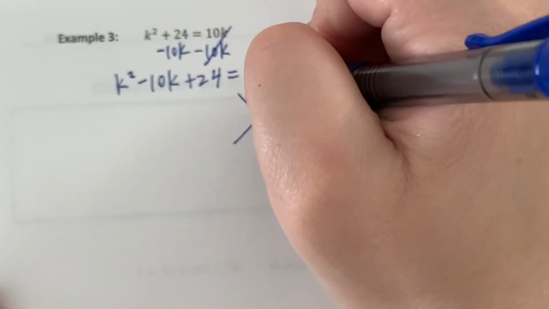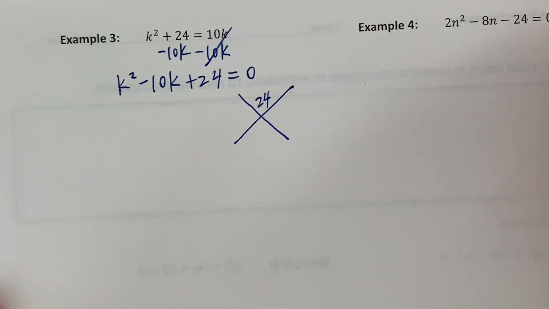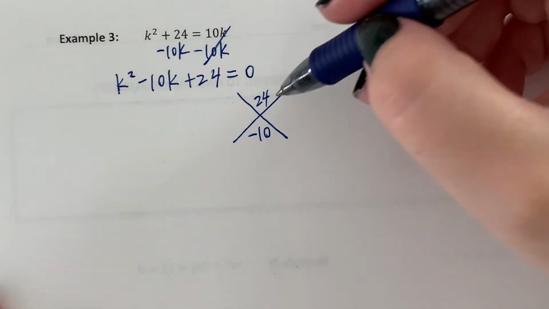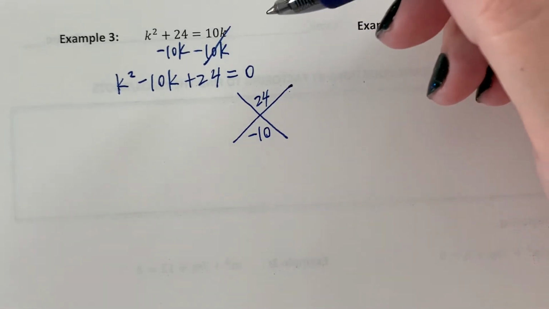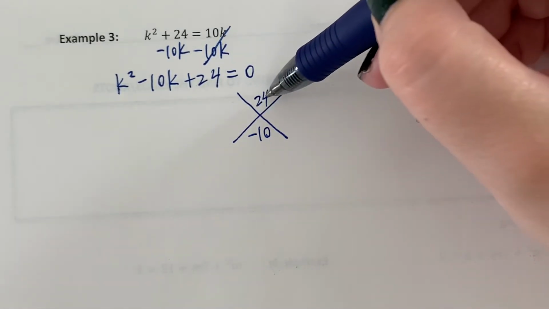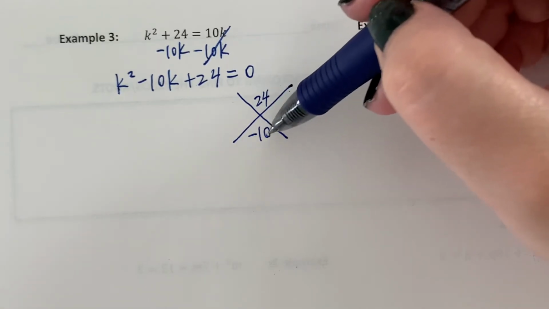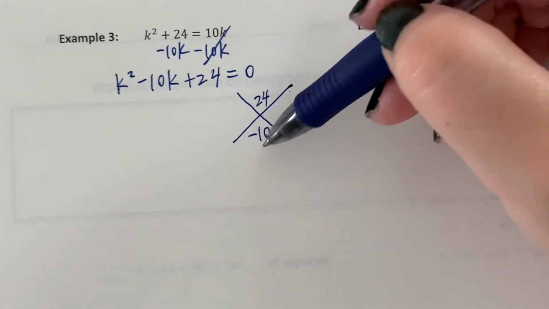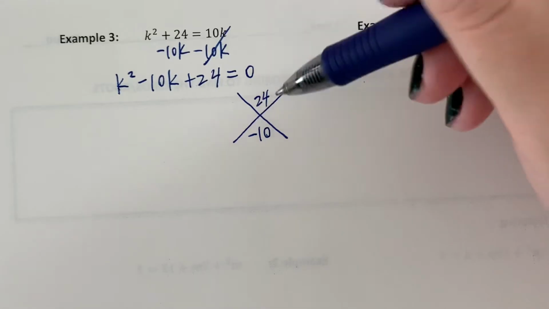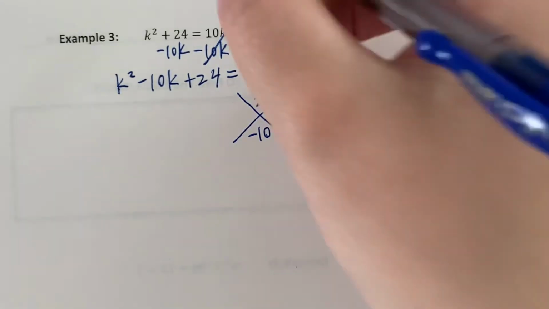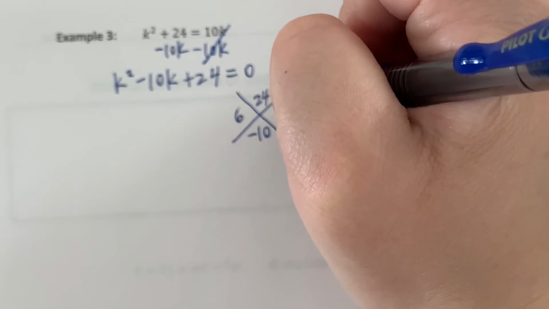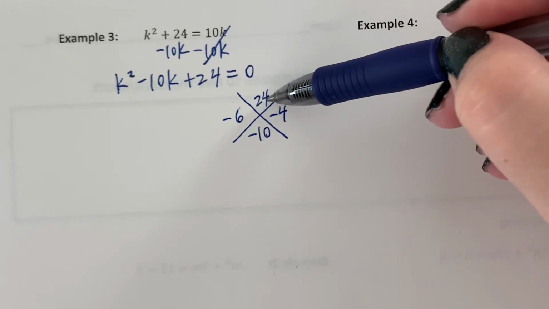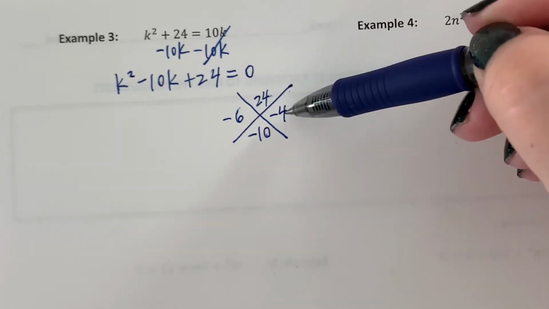So a times c is 24. I'm looking for 2 numbers that multiply to 24, add to negative 10. Let's see, I know 12 and 2, 12 times 2 gives me 24, but 12 plus 2 doesn't add to negative 10. Even if I were to make them both negative, it's still not going to add to negative 10. Let's see, 6 and 4. 6 times 4 gives me 24. If I make them both negative, negative 6 times negative 4 multiplies to 24, and negative 6 minus 4